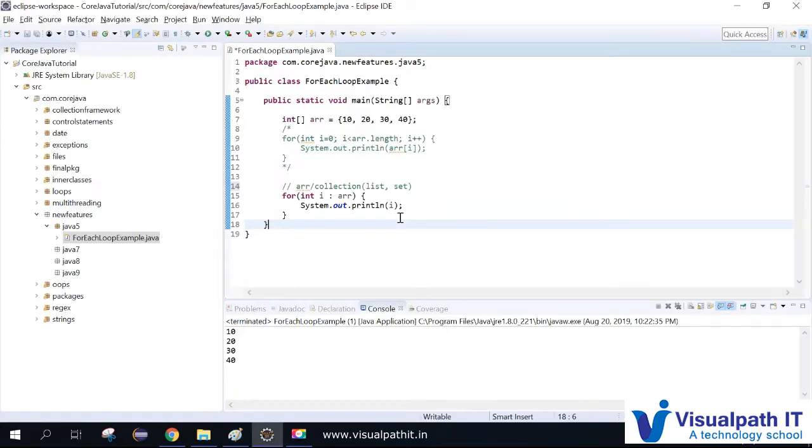People who are already using this for each loop, they might get bored with this. But make sure, guys, this will be very useful if people don't know how to write a for each loop. If they're looking at it from scratch, it will be good practice for you to learn. So this is the standard way of writing a for each loop. Now we can see the other features.